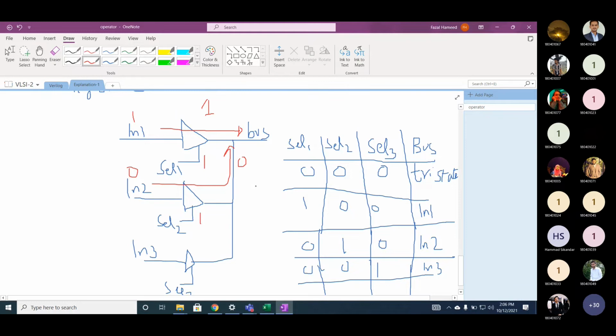One device is driving a logical 1, another is logical 0. One is VDD, one is 0. Resistance is 0. What is I? Infinite, V divided by R. The difference is VDD, and resistance is 0. Short circuit. So actually, whenever you want to design a bus-based system, you must ensure that only one device should